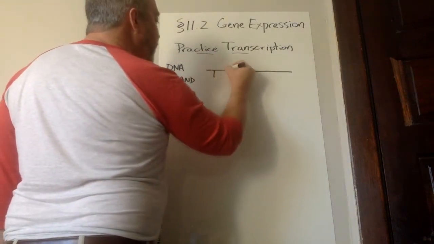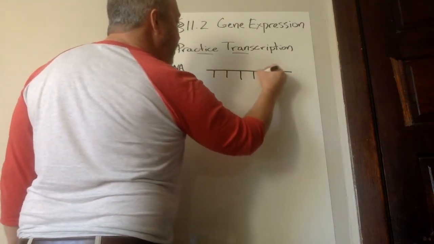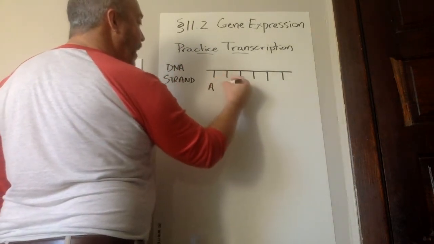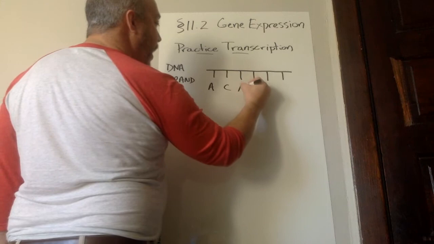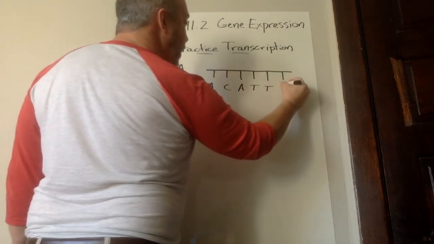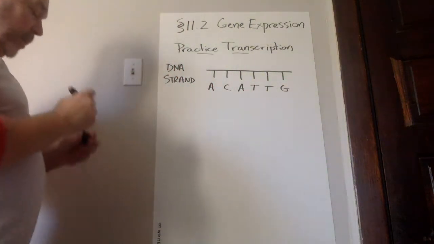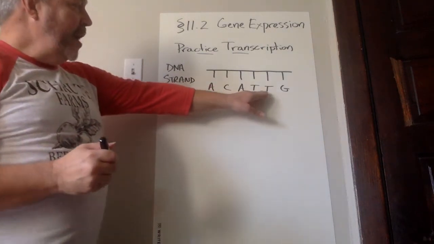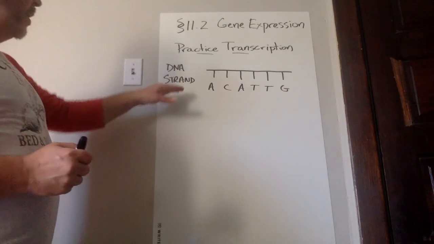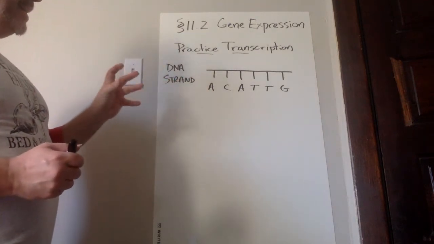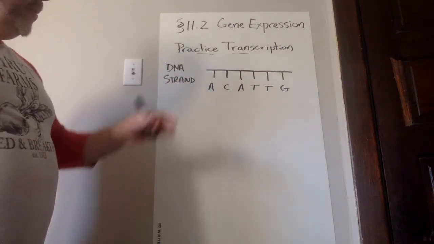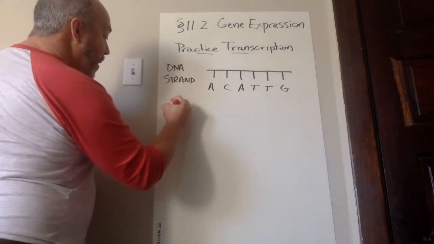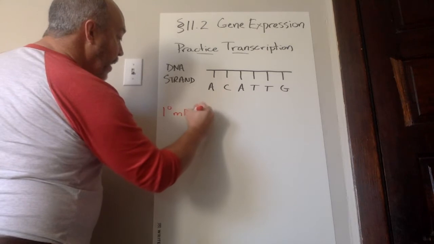So if this was the set of nucleotides on one side, and let's say this was A, C, A, T, T, G. So this would be an adenine, a cytosine, an adenine, a thymine, and a guanine. So remember, DNA is made up of A, T, C, and G. If we were to transcribe this strand and make a primary mRNA,